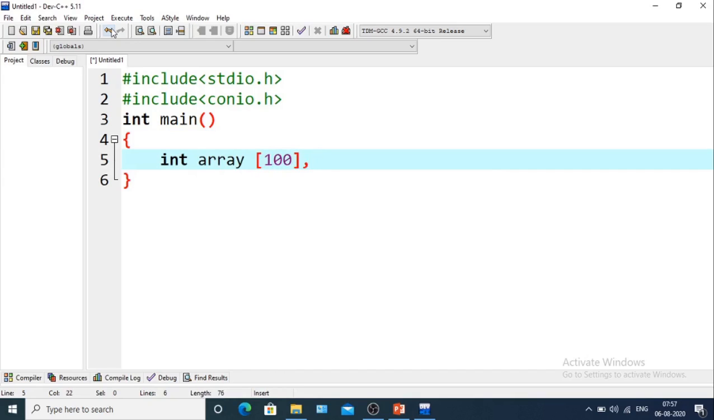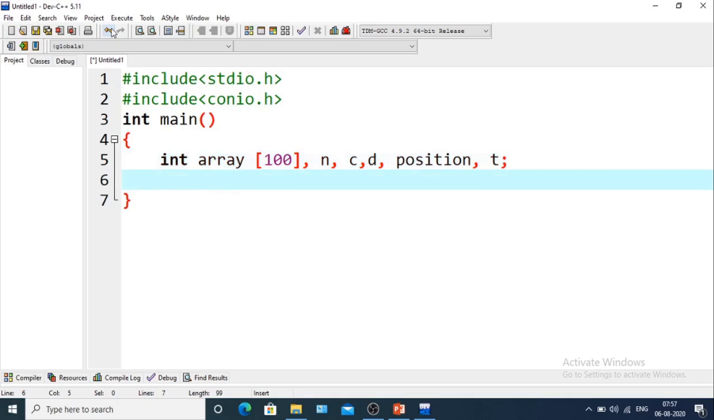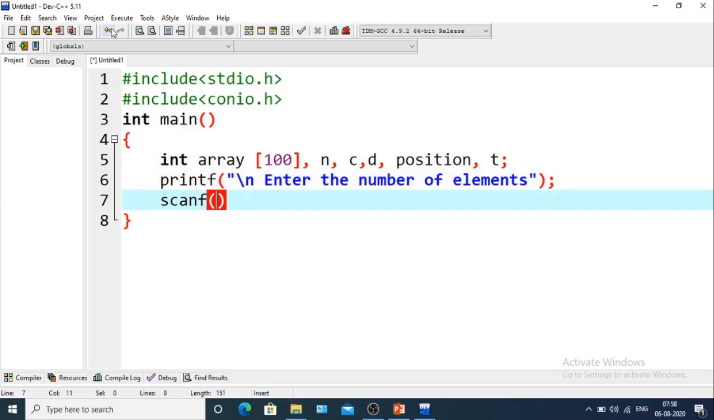Okay. Next, c, d, position and then t. Okay. So these are the variables. Okay. Next we will take a printf statement, \n, enter the number of elements. Okay. So in the scanf statement,